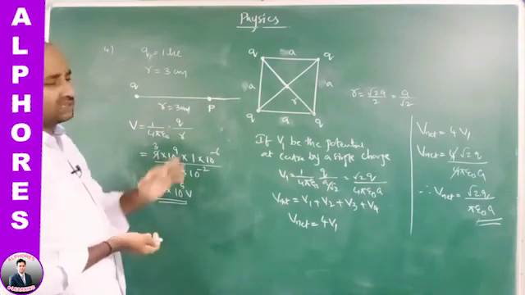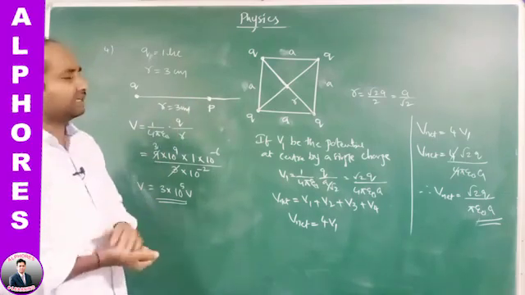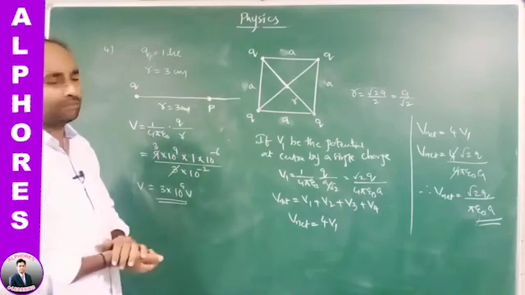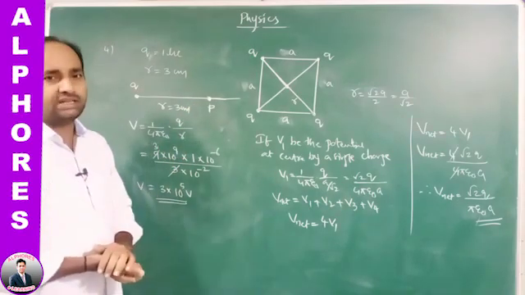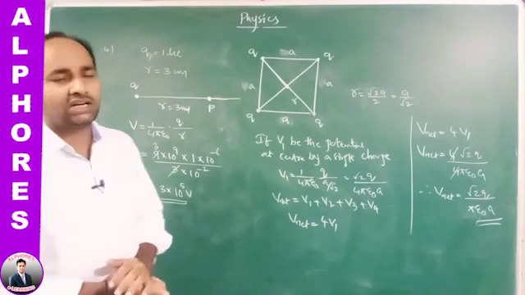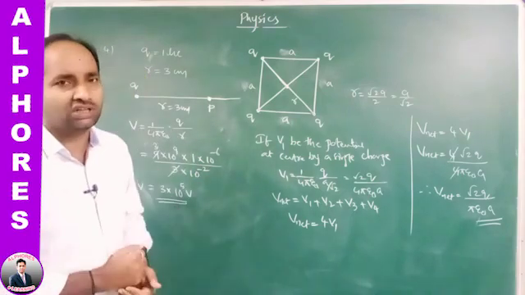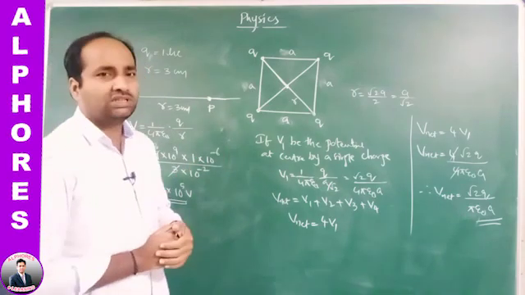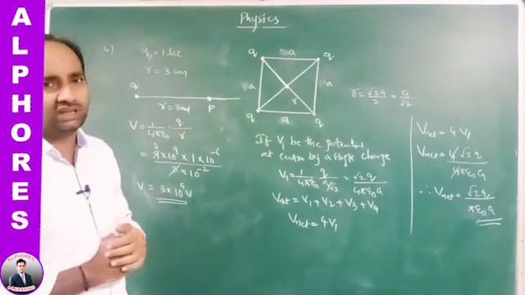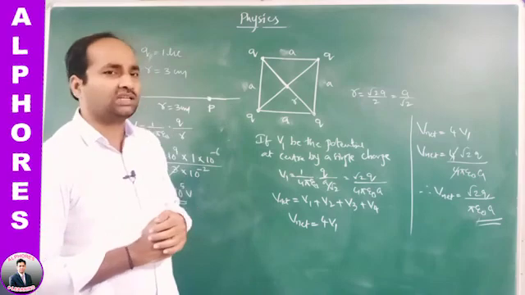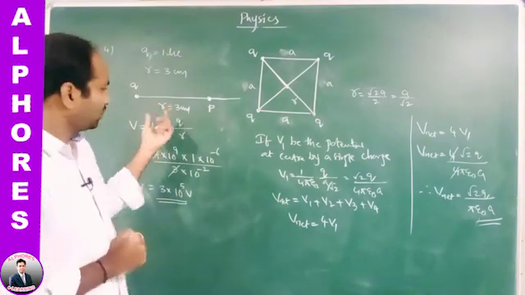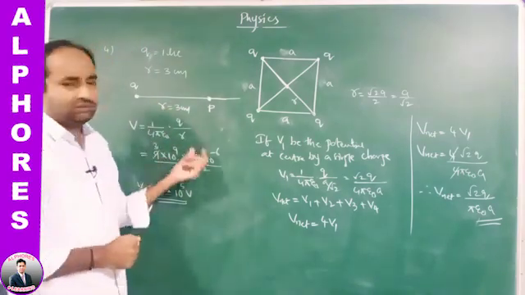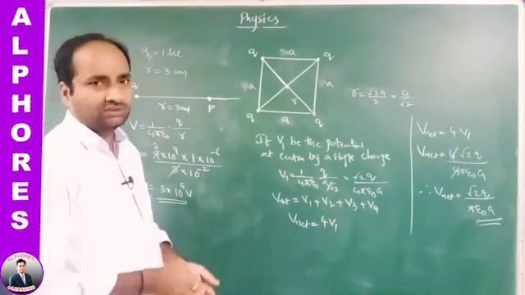The problems may also be asked like this: if two unlike charges are kept at a certain distance apart, what is the expression for the zero potential? What is the distance of the zero potential? Zero potential means we have two positions, one inside the system and the other outside the system. Okay, this is about the potential due to a point charge.